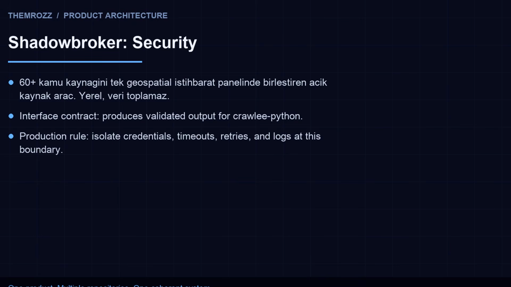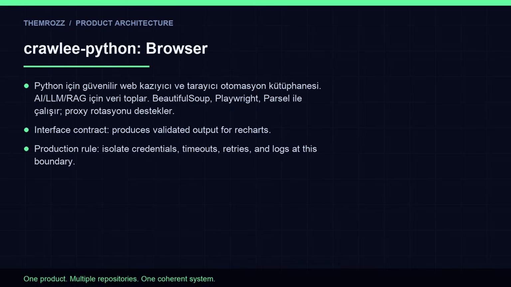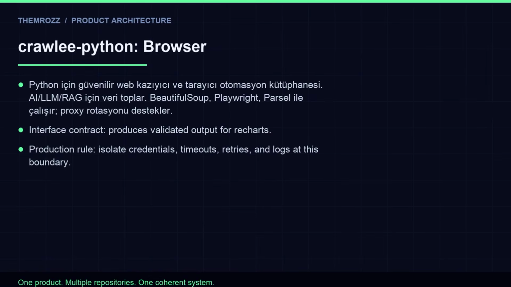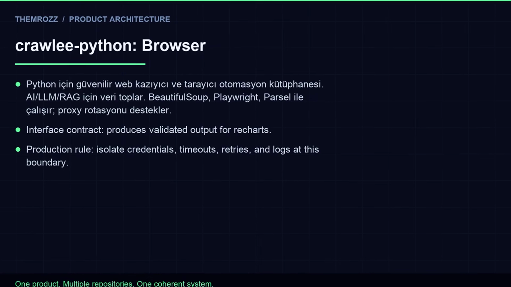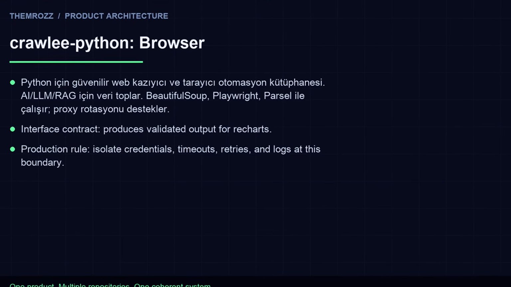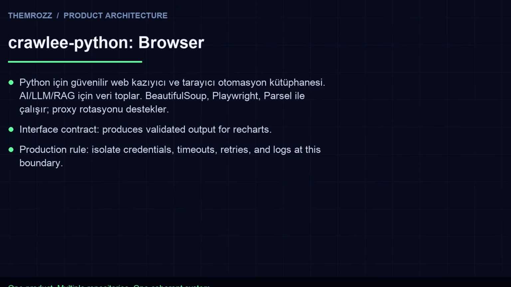Crawlee initializes a Playwright browser instance with proxy rotation, mimicking human behavior to avoid detection. It scrapes Shodan, certificate transparency logs, and other public datasets, returning structured JSON results to Shadowbroker. These results include subdomains, open ports, SSL certificate details, and vulnerability banners. Shadowbroker processes this data, cross-referencing it against CISA KEV feeds and historical BGP data stored in its local PostgreSQL repository. It then generates a threat score for each asset using a Python-based scoring engine, storing the final inventory in the